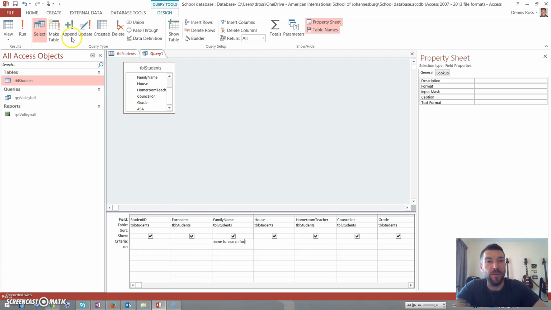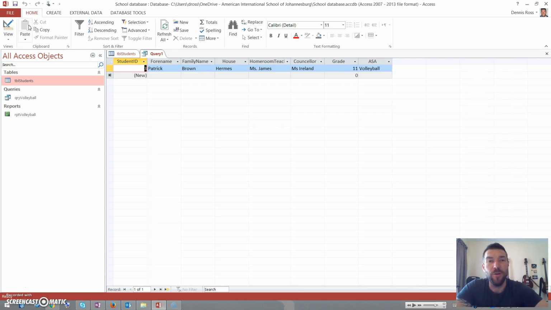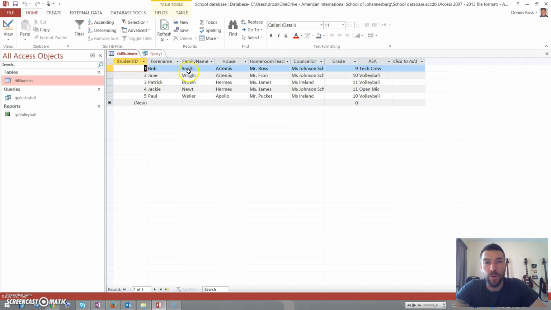Okay, there's my message. And now I'm going to hit run. Much more sense, right? So now the user knows exactly what they need to enter. So they're going to put in their surname to search for, and that pulls out all the Browns. Okay, so as you can see, that's going to be quite a helpful query because there's only one Brown here,